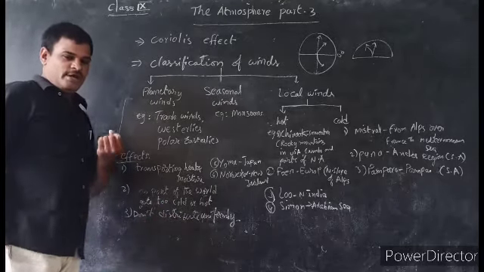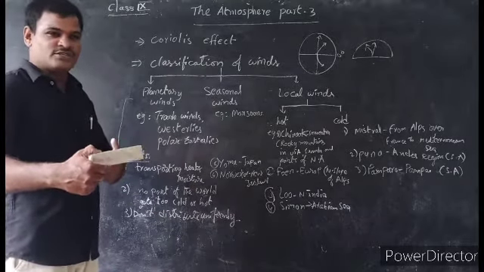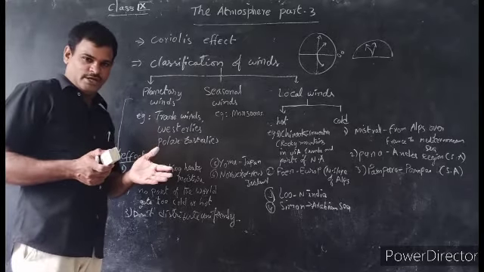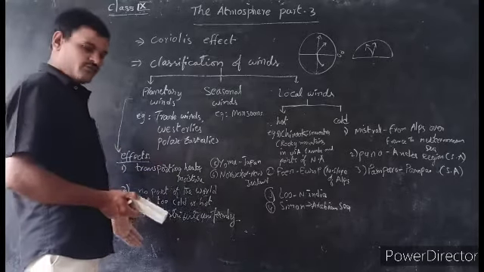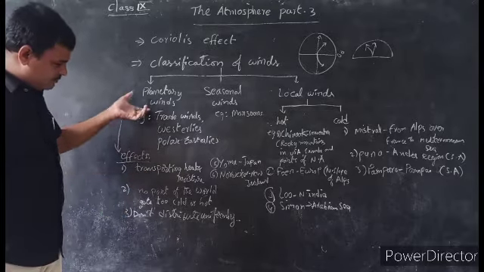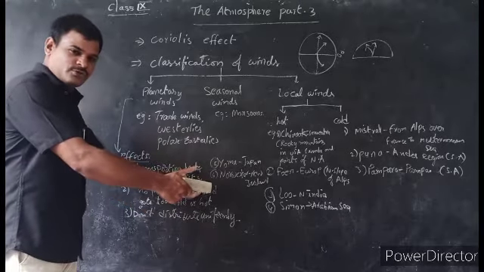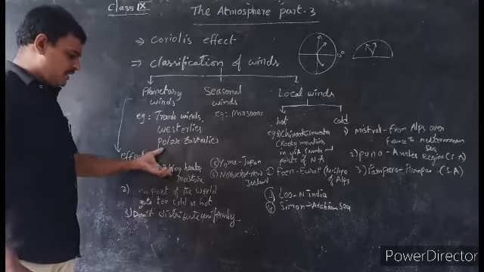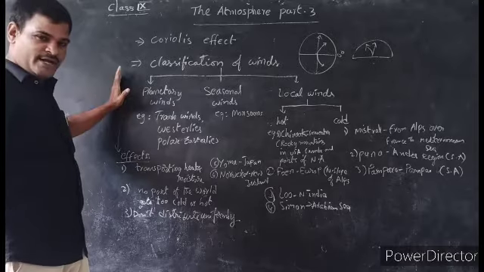Suppose you take a hot bowl or a hot material. At the initial distance we can see more heat in that material, and after some time there is less heat. In the same way, if the winds are moving from hot regions, in the initial regions it is hot, but when it is carried to other regions, it will be cool. So they do not distribute heat or moisture uniformly. That's about the planetary winds.